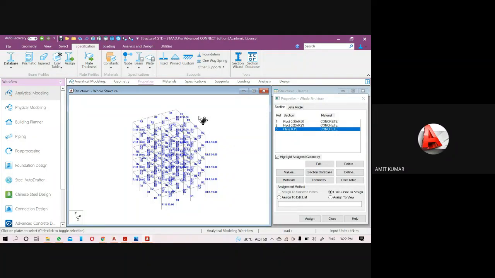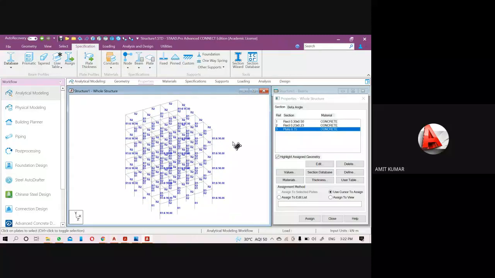Okay, so first thing I will explain when to use the plate. First thing, in your real structure, you know that there will be floor and roofing, and each roof and floor has its own weight. Okay, so either calculate that load manually and apply that load on the beam, and it will transfer the load towards the column and then towards the foundation. Or create the plate manually, then you don't have to calculate its weight.